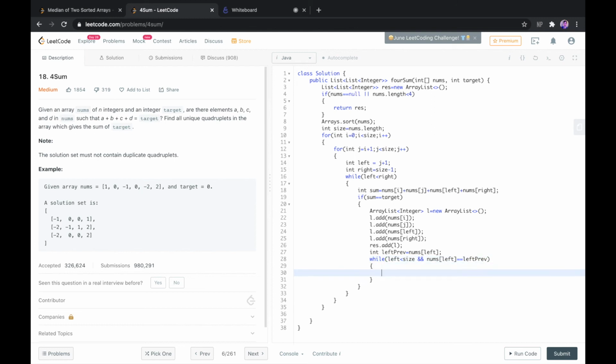If that is the case, what we do is we'll increment the left value. So what it would do is it would skip that existing value which is already there in the array, which has already been encountered before.